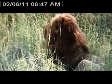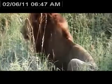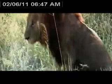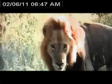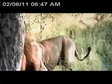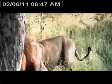Just the pure fact that they are successful in pulling down buffalo, these two males probably do have quite a lot to really be assured of themselves about. It doesn't look like they've eaten for